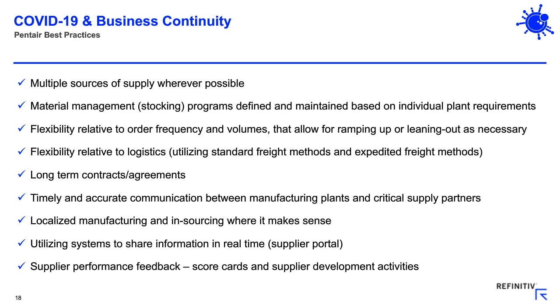We also try to make sure that we keep long-term contracts and agreements. We like partners that we have worked with for a long time. It helps us with quality. It helps us with them knowing our product and helping work with new products with us. So we do like long-term contracts. We like timely and accurate communication between our plants and our supply partners, right? So we do a lot of supplier portals where it's real time. They can see into our ERP system to see what we need and when we need it. It's at any given time, right? So it's a forced communication back and forth.